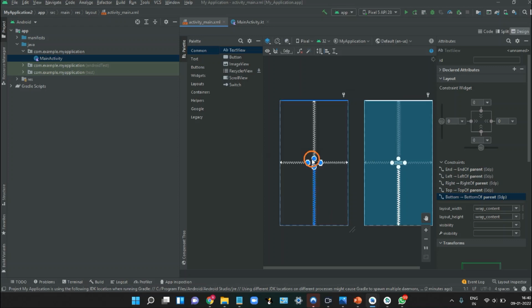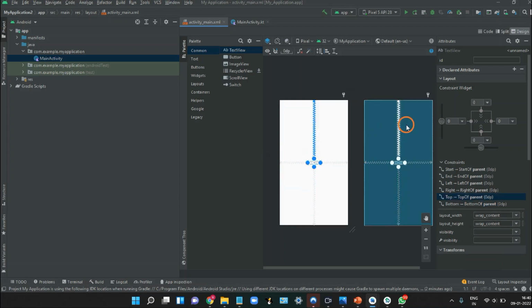So when you click on this text view, it will open some attributes for this text view. You can see on the right side here. So let's give this text view an ID. Let's say the ID is text.